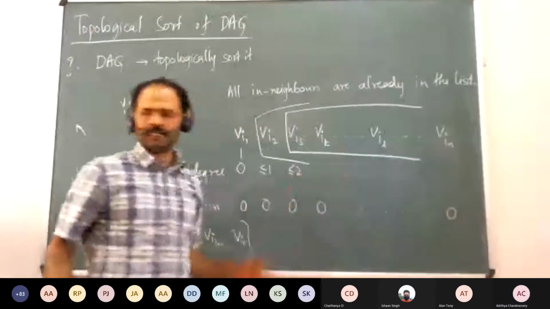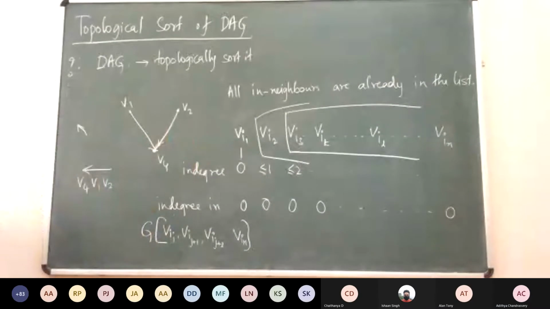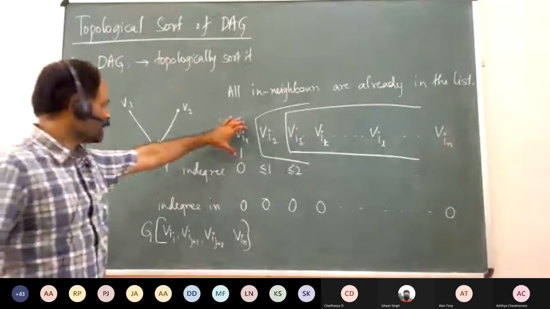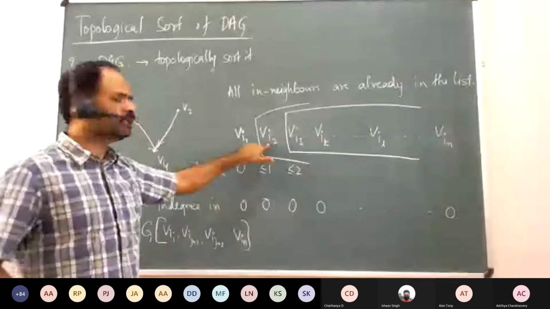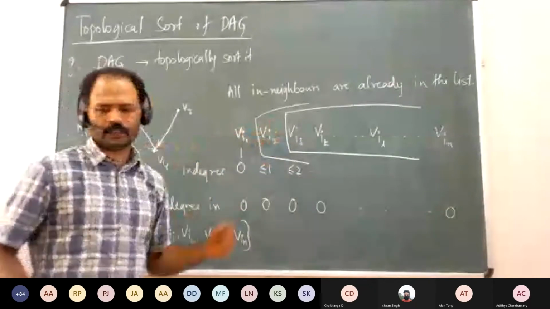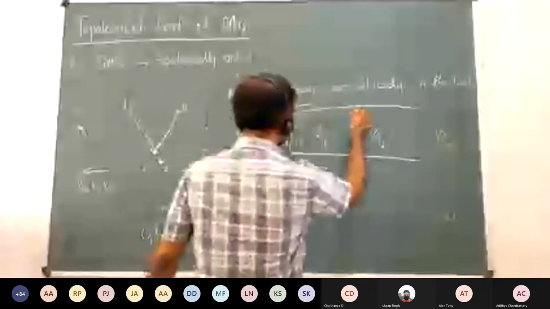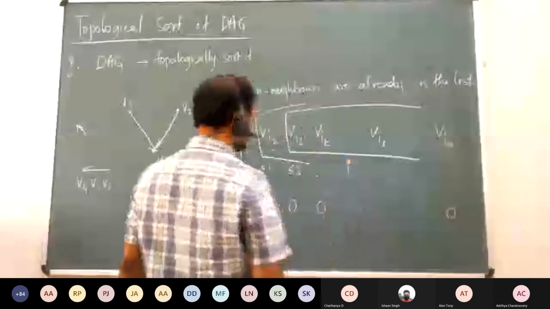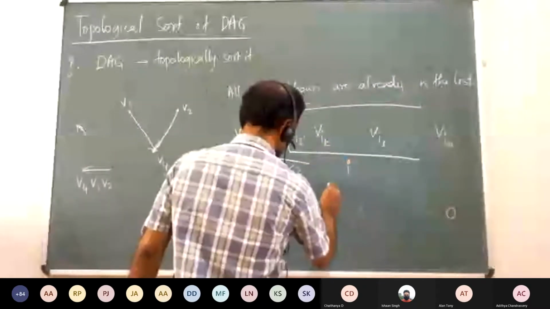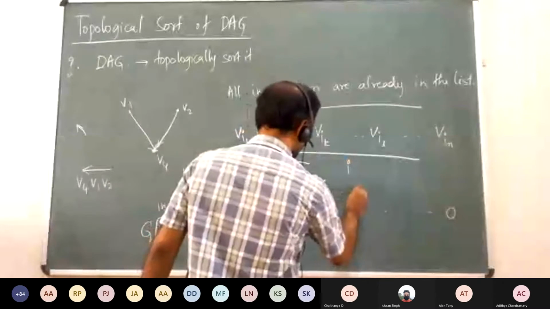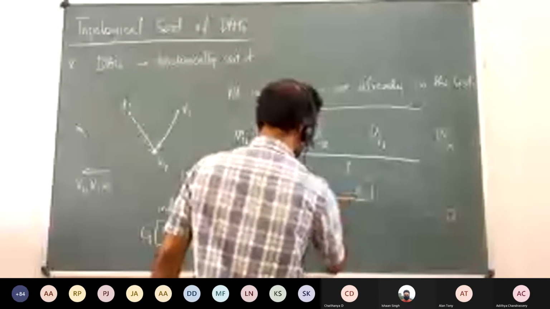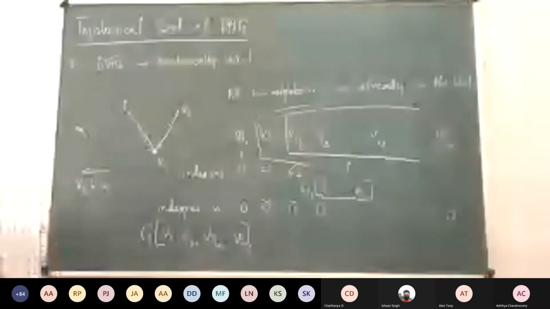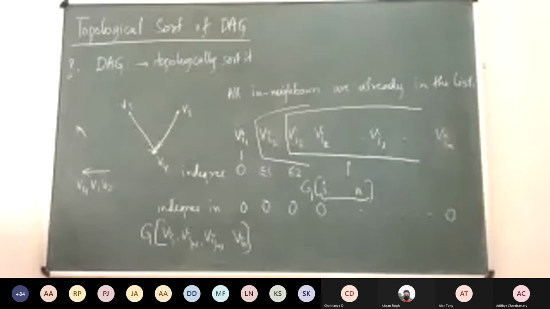This is a nice property that is true for this topological sort. Suppose you take this vertex and you remove it. In the resulting graph, the in degree of Vi2 is 0. If you remove these two vertices, then for any vertex at some index I in the ordering, if you take all the vertices from index I to n, in the graph induced by these vertices, the in degree should be 0. It should not have any in degree.